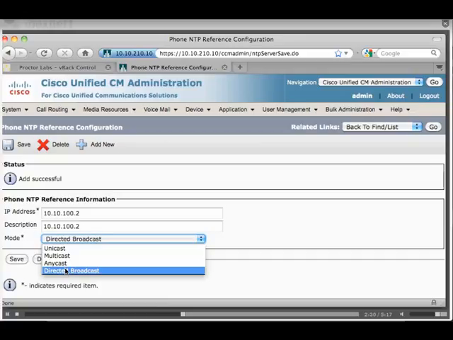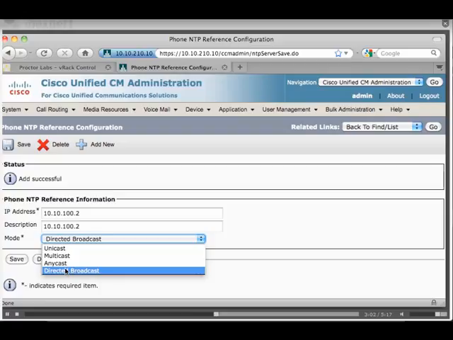With directed broadcast you could put in multiple NTP servers and it would prioritize: a SIP phone would have a priority 1 and priority 2 NTP server, and it would prioritize priority 1 ahead of priority 2. Unicast means we're just going to unicast an NTP request to 10.10.102,